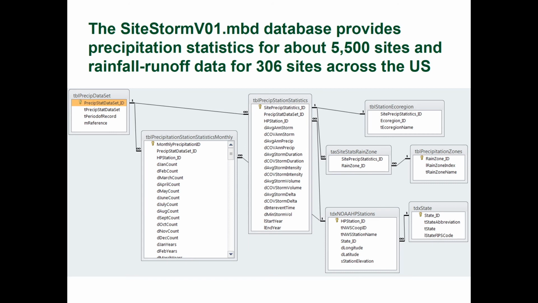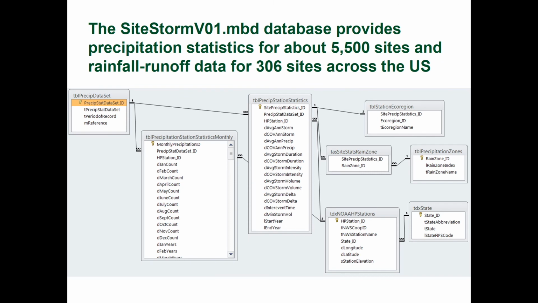Data for calculating individual runoff coefficients is available in the SiteStorm database and published with the Stormflow report. This database does not have a GUI, but has predefined queries for extracting data. The figure here shows a relational diagram of the database with the precipitation data and statistics and linked tables showing